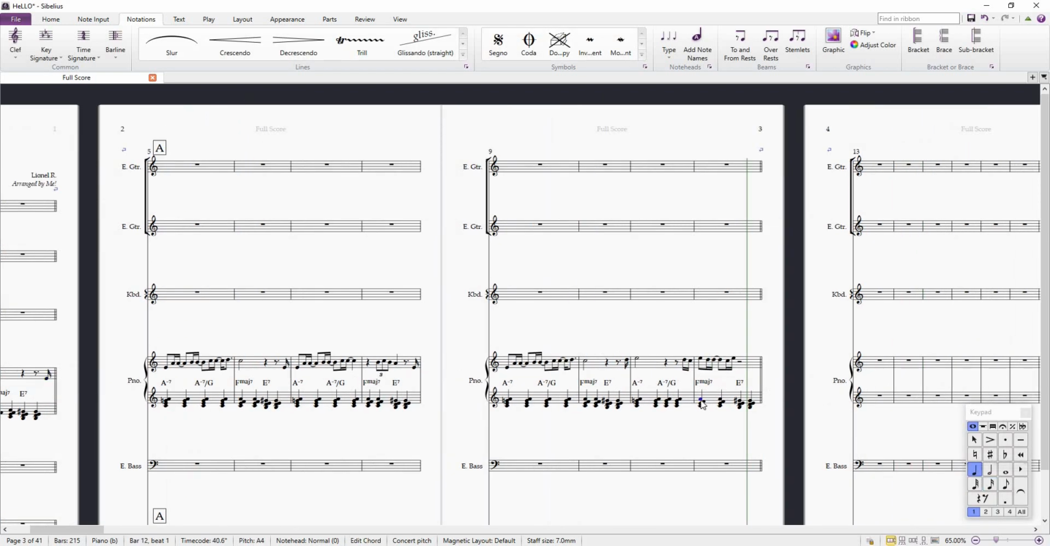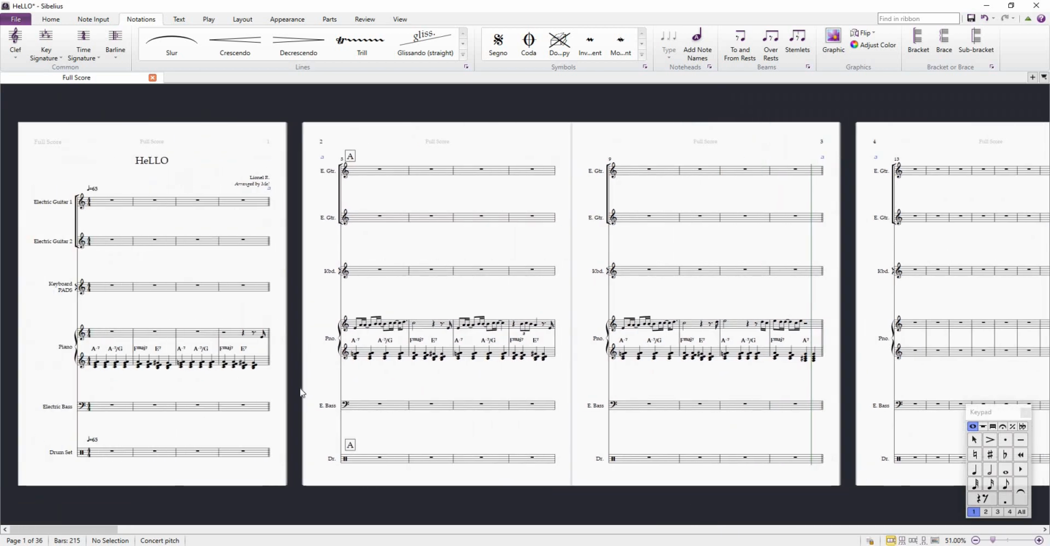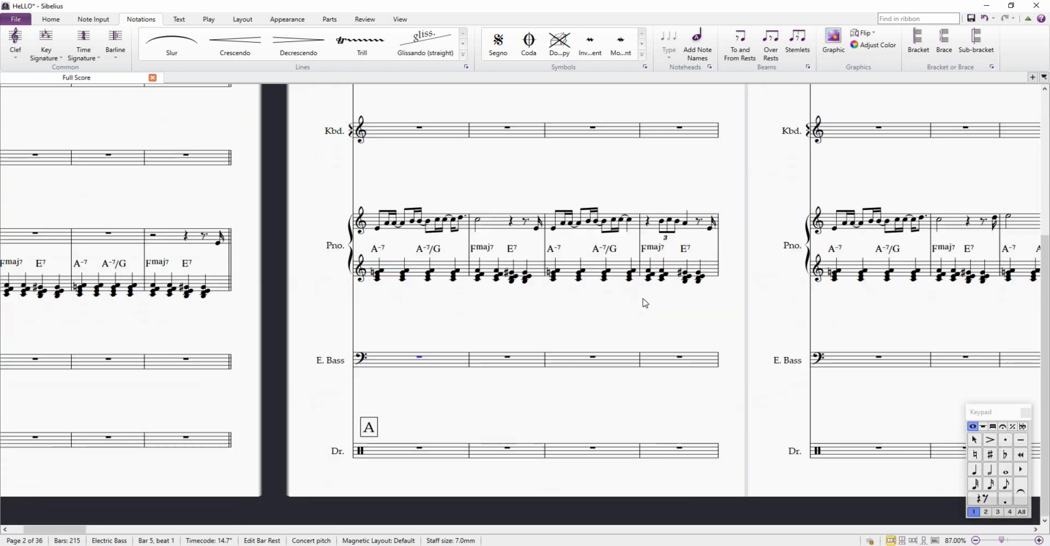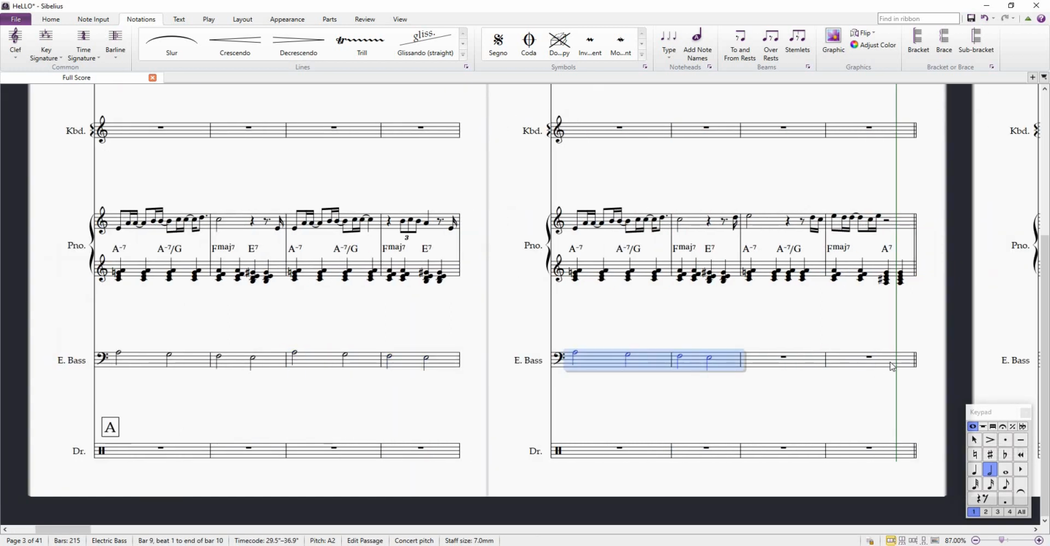Oh, okay. I think it goes to an A7, right? Yeah. So this one goes to an A7. Okay. So reference, bass as reference. So we go like, okay, and then